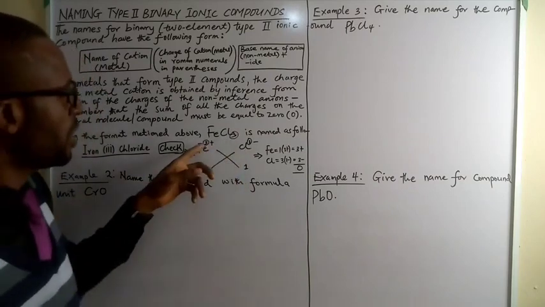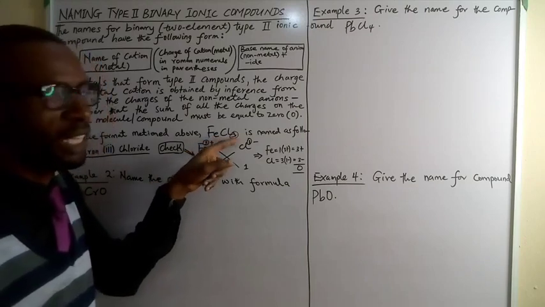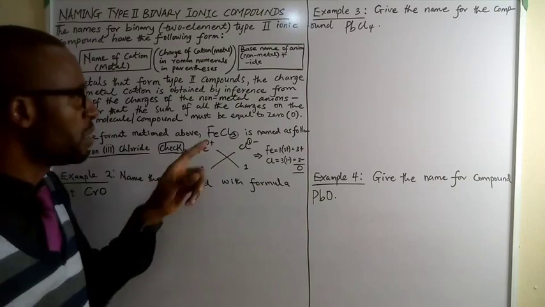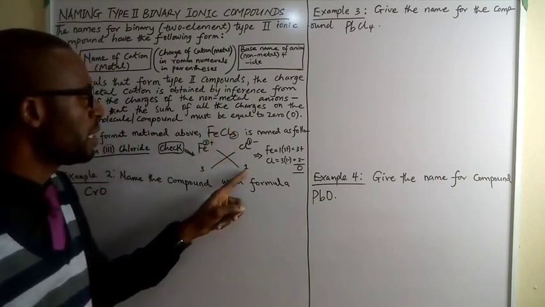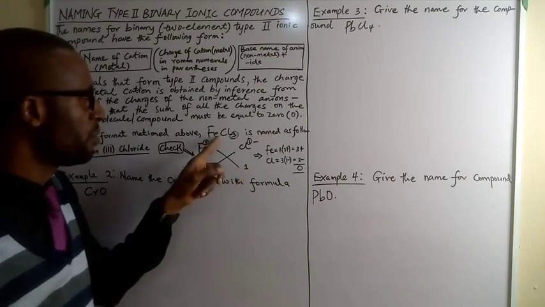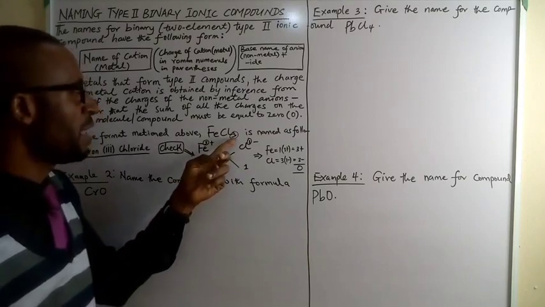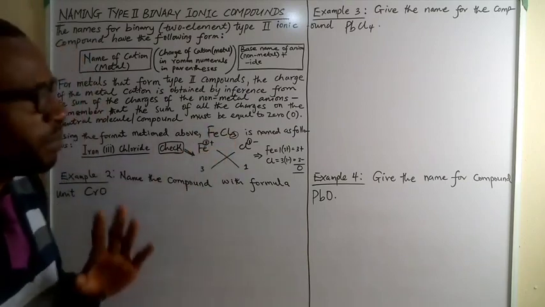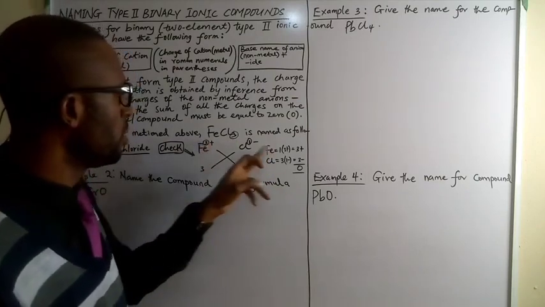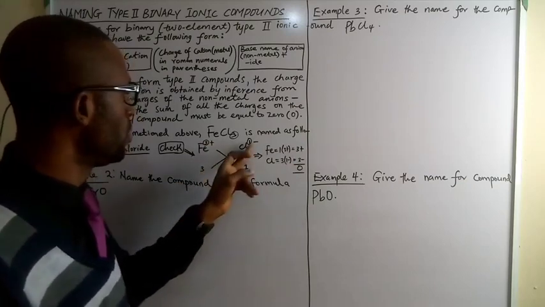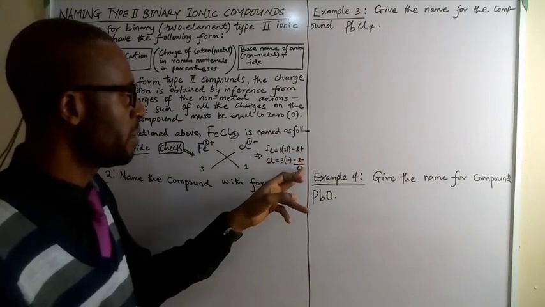That means that the charge on the cation is actually the subscript on the anion, and the charge on the anion is the subscript on the cation. The subscript on the iron here is 1. It's not written because anything times 1 is itself. So the charge of iron in this compound is 3. Pay attention to that. Recall that if 1 goes into 3, you have 3 plus, and if 3 goes into 1 minus, you have 3 minus. So 3 plus and 3 minus is equal to 0.